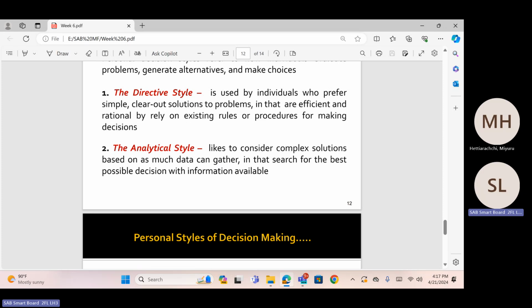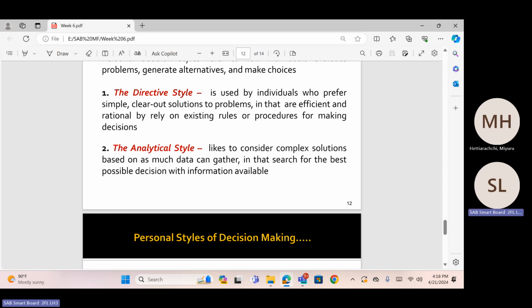The directive style is used by individuals who prefer to clear out the solutions to problems easily and to present efficient and very rational behavior, applying different rules and procedures to make the decision. Therefore, all this happens in operational level decisions, routine decisions, or program decisions. Second one says